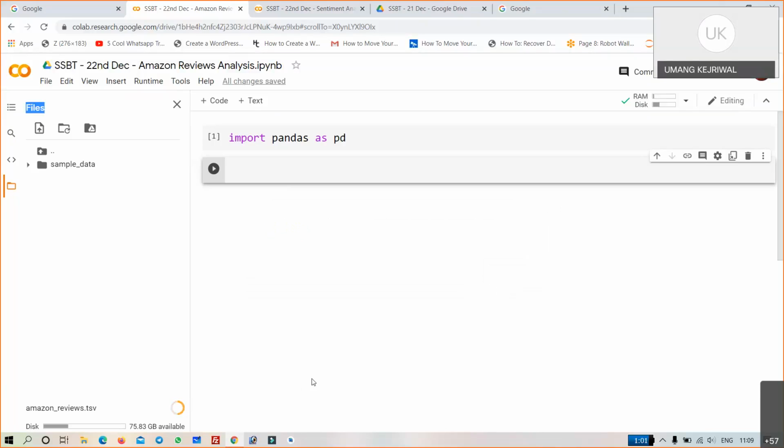Whatever external file you have to use in the Google Colab, you have to